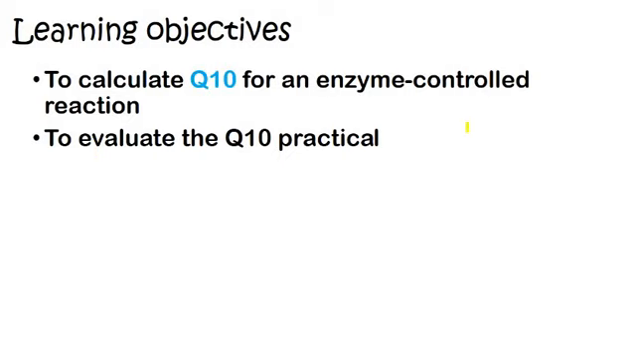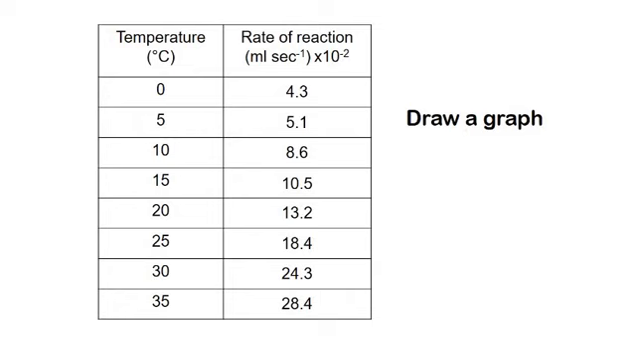Now I know that you collected some results for me, and all of you did one specific temperature. What I'm going to do is give you some class results instead to use. Okay, so this is a rate of reaction calculated in milliliters of oxygen produced per second, and it's given in standard form. The first step for you to do is to use that to draw a graph and stick it